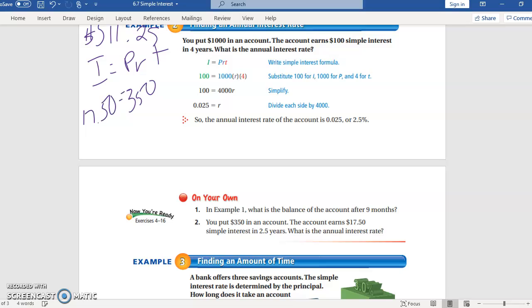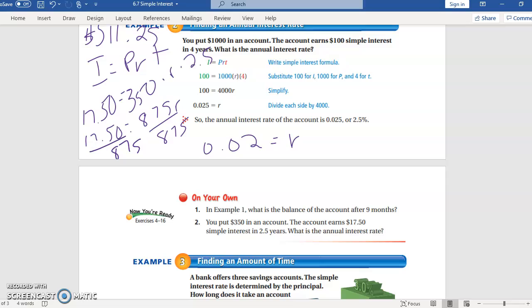Put the equal sign in there. And then we know that it's 2.5 years. So we don't know the R. We know it's 2.5, so I'm going to multiply what I can on the right side. So I'll get 17.50 equals, and I'm going to take 350 times 2.5, and that gives me 875R. So then I'm going to divide both sides by 875. So 17.50 divided by 875, and I get